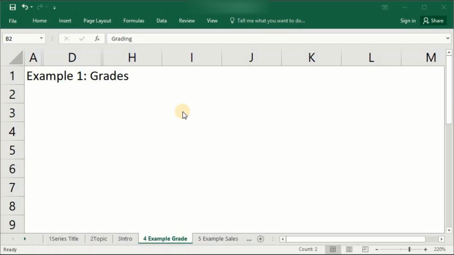Then assign B grade for students with marks equal to and greater than 80 but less than 90. Then assign C grade to students with marks equal to and greater than 70 but less than 80. Then assign D grade to students with marks equal to and greater than 60 but less than 70, while assigning F grade to students with less than 60 marks.